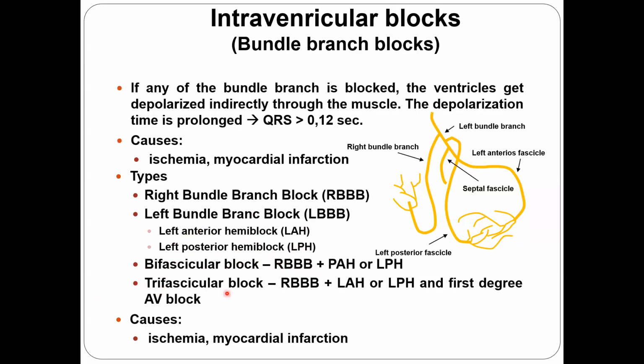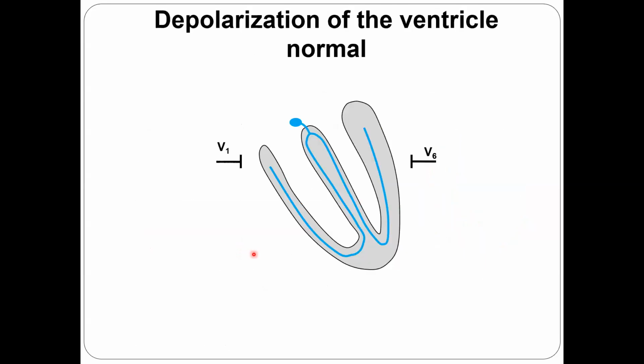We can have trifascicular block. Trifascicular block usually means that we have a right bundle branch block, an anterior or posterior hemiblock, and a first degree AV block. These are all caused by ischemia or infarction. This is what we have. Now let's